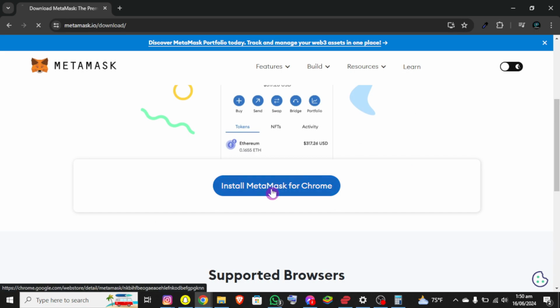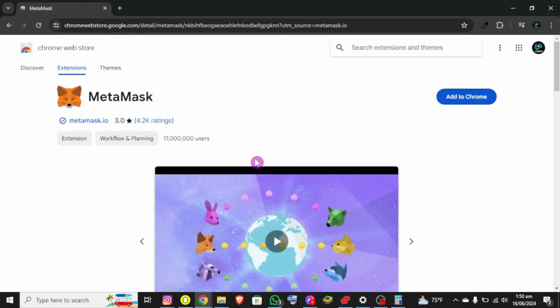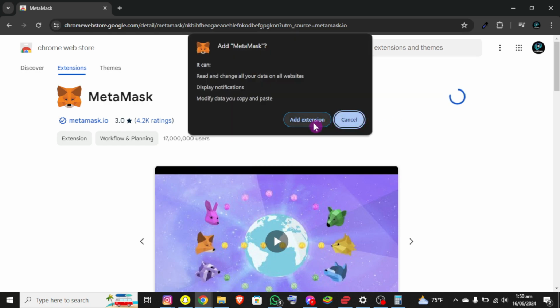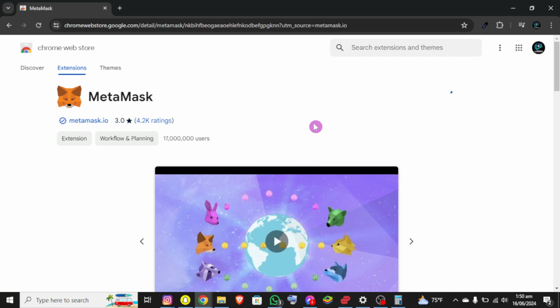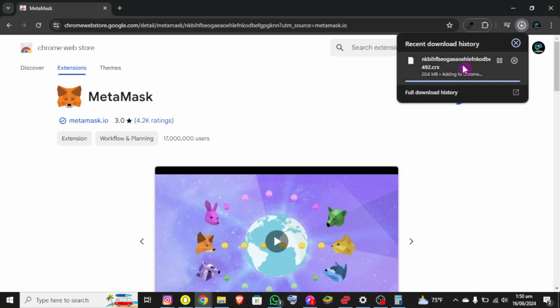So just tap on that option, and now you'll be redirected to the Chrome web store page where you can see add to Chrome option at the right side. So just click on that option, and now click on add to extensions, and you'll be able to add MetaMask extension successfully. So basically this is how you can add MetaMask extension in Google Chrome,